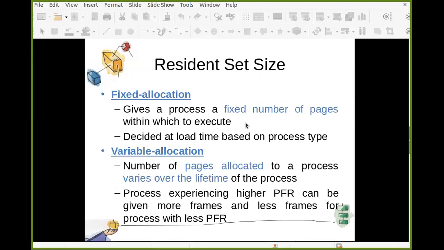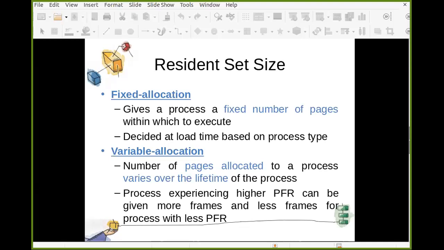There are two possible ways: fixed allocation and variable allocation. What is fixed allocation? It gives a process a fixed number of pages within which to execute. The fixed number of pages is decided at load time based on process type, so every process will be given this many frames.